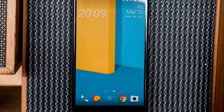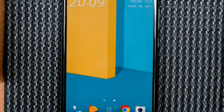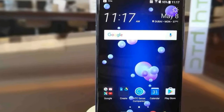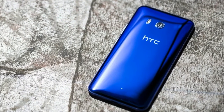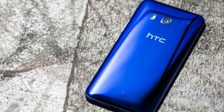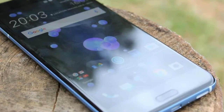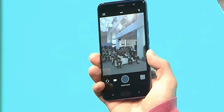HTC U11 review. Design and build. As teased by HTC ahead of the launch, the key design element and unique selling point is that the phone is squeezable. The firm calls this feature EdgeSense, and it's achieved by pressure sensors on either side of the phone. They sit on the bottom half and mean you can do various things by squeezing it rather than using buttons